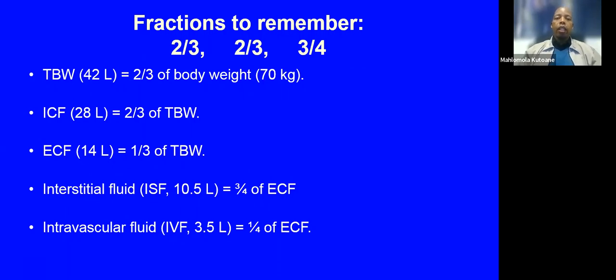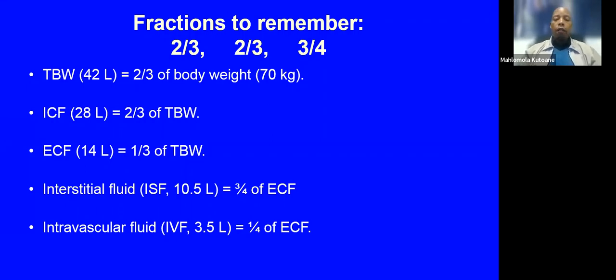Intracellular fluid is about 28 liters, which forms 2/3 of the total body water. The extracellular fluid is only 14 liters, which is 1/3 of the total body water,